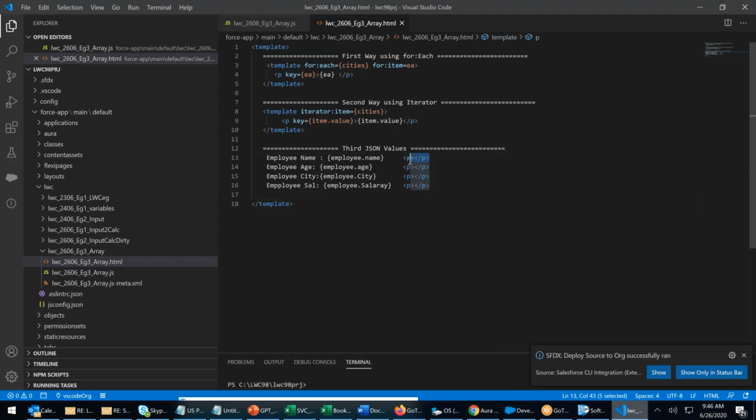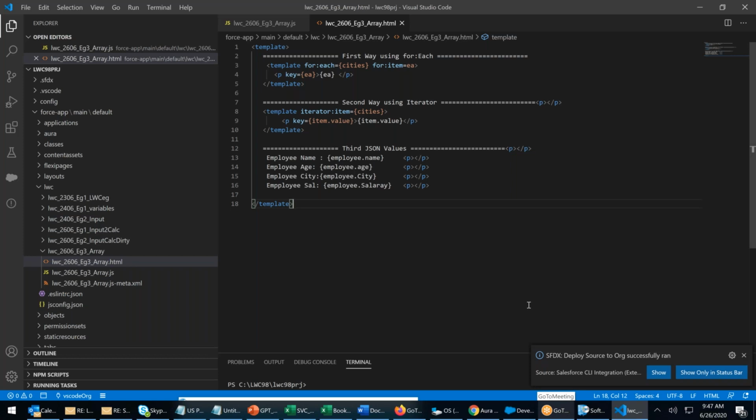I should have given a paragraph tag after each line. Clear? You can read data like this also, employee.name.